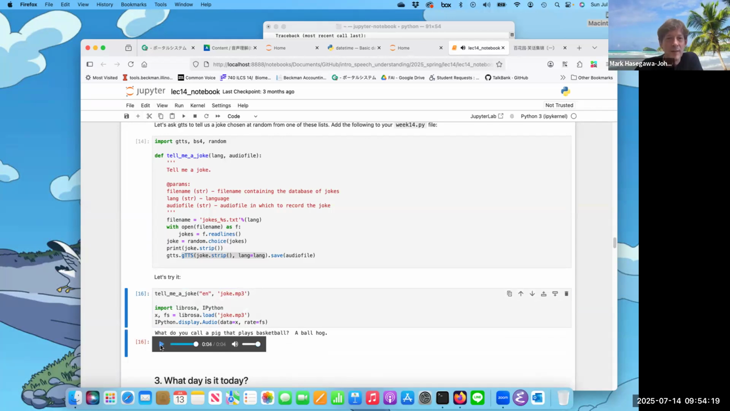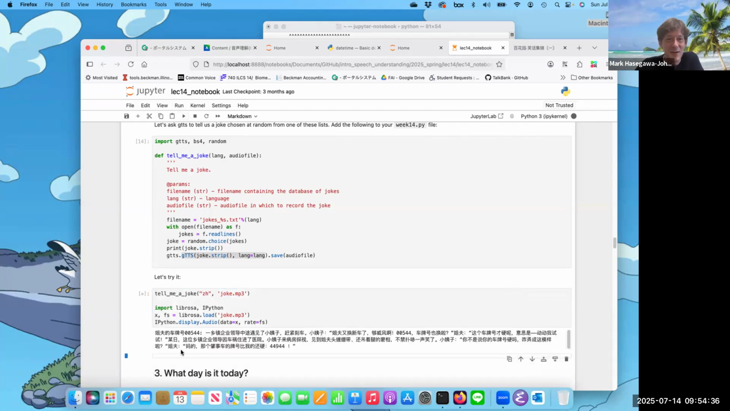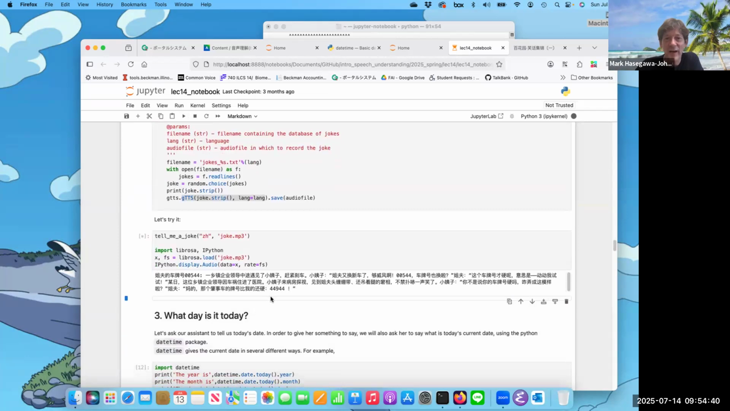This is again a bad pun, just like all of these other jokes, because a ball hog in basketball is somebody who keeps the ball all to themselves, but a hog is also another name for a pig. Let's try a joke in Chinese, just because we want one in a language that we don't have any idea what it means. Here's a joke in Chinese, and now it's synthesizing the audio file, and this one is